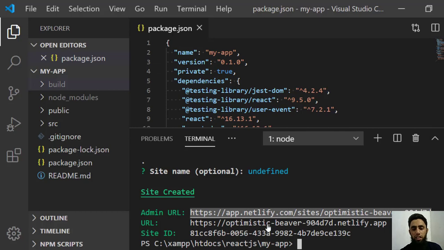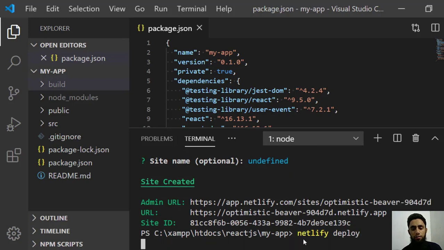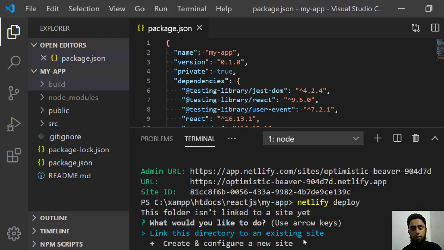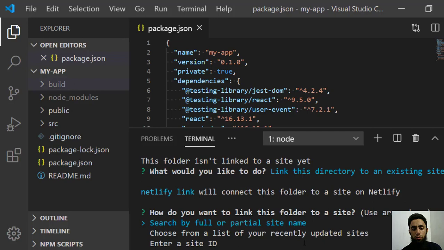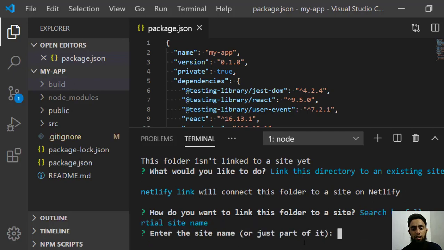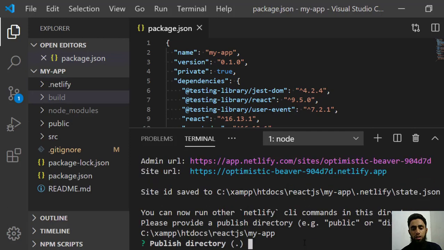We have a command here, netlify deploy. Here we have create and configure a site. We are going to press enter for the site ID and the site name, so we have no need to enter anything.